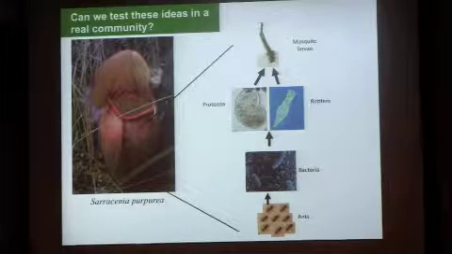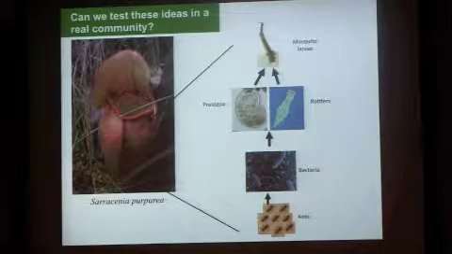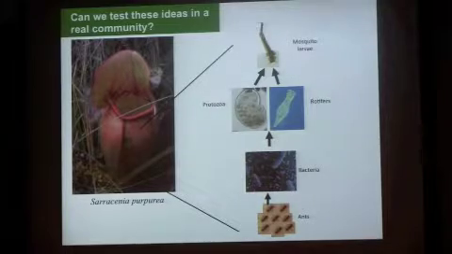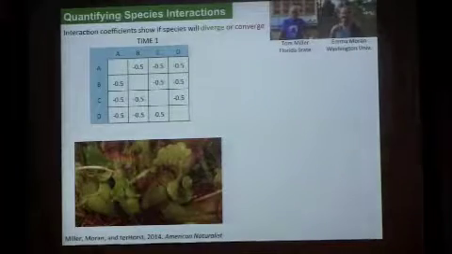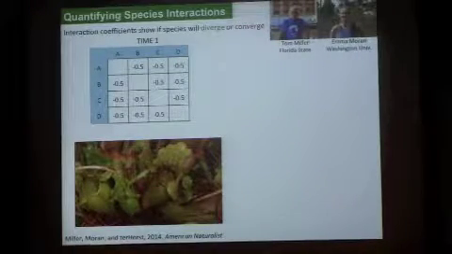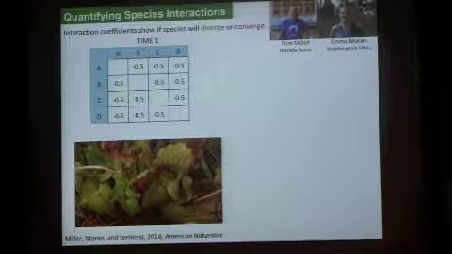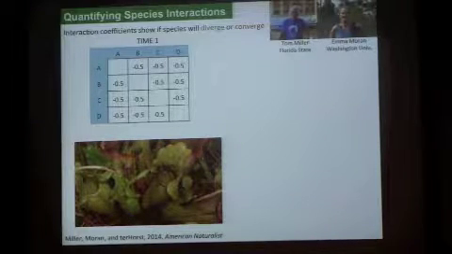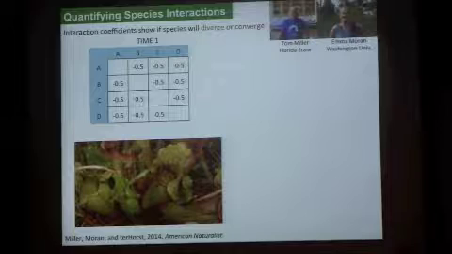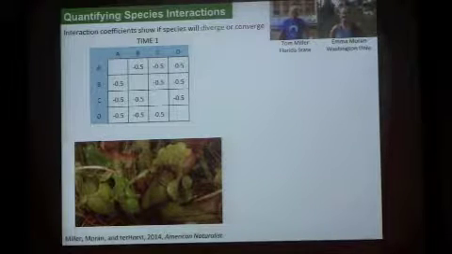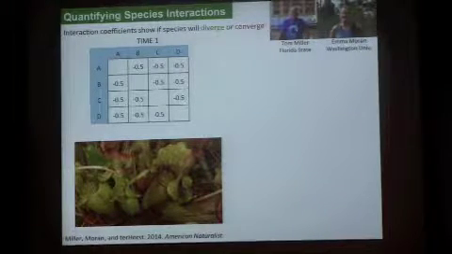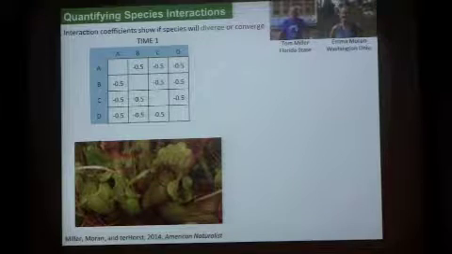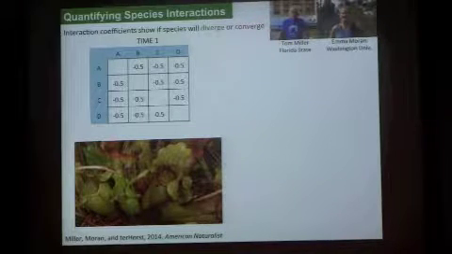So we also wanted to test the ideas from that model in a real community too. So we went out to pitcher plant communities with the intention of testing this model. And so our thought was if we just look at 4 species, so we take the 4 most common species in a community and we measure their interaction strength with one another. So we take them out of the field, bring them in the lab, do just competition experiments between them